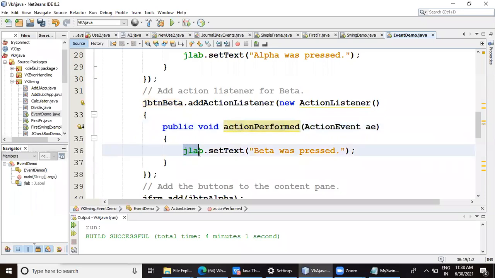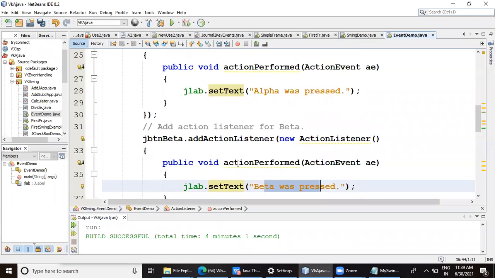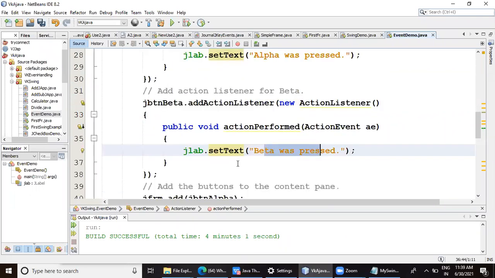And what line of execution is there? That label name, whichever common label is there, set text as beta was pressed. So I hope you have understood the difference between our traditional way of writing a program, and this is a new technique using anonymous inner class.